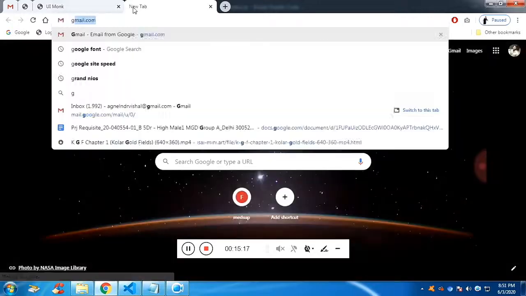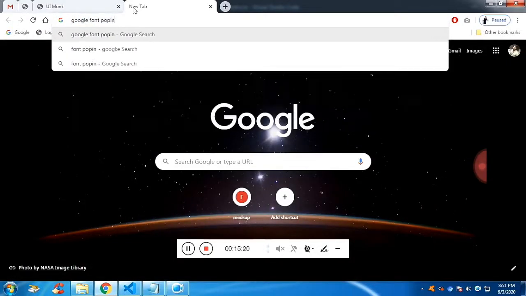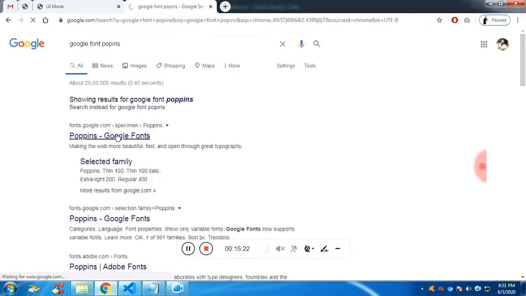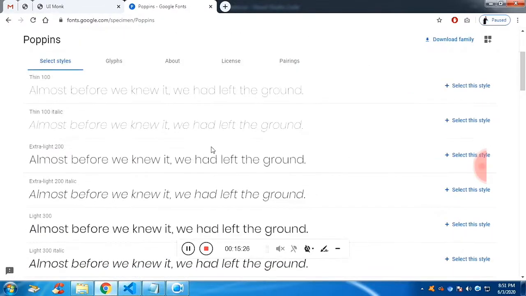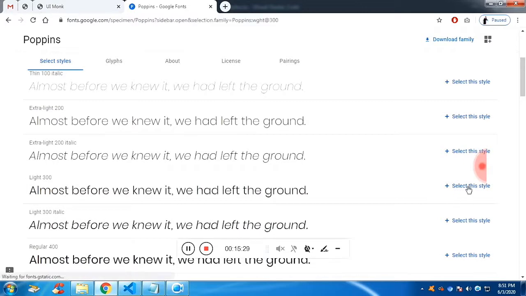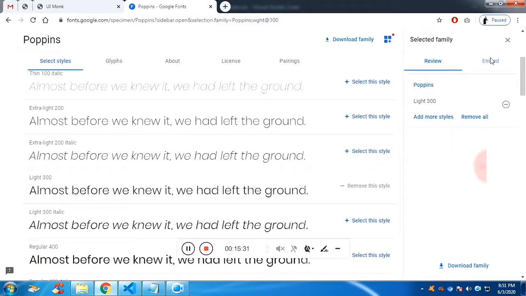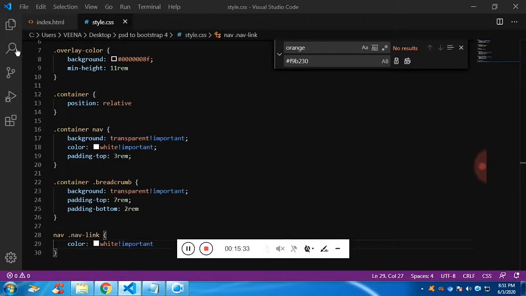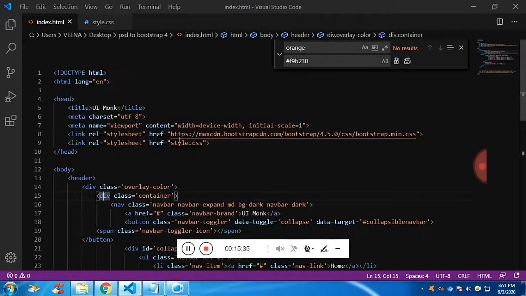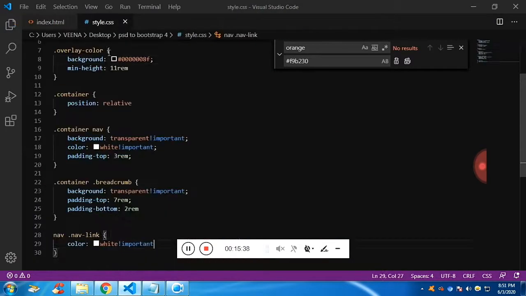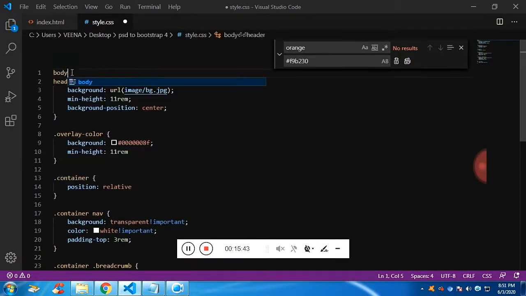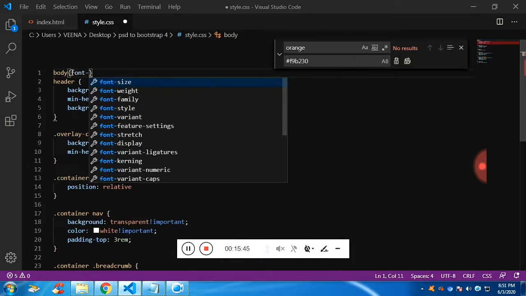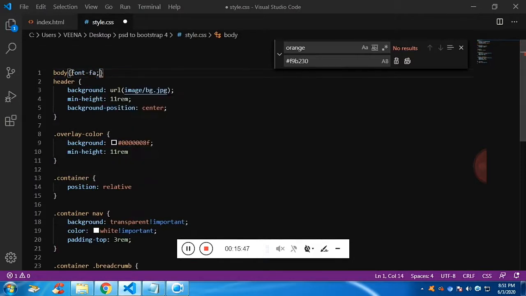Let's change the font. Now I would like to add the font Poppins. So let's type the keyword, and you can see, choose your favorite one. This looks fine. Now click on the embed. You have to just include this link in the head tag, and you have to give the style also that in body I want all the elements to have the font family which we will get in the Google.